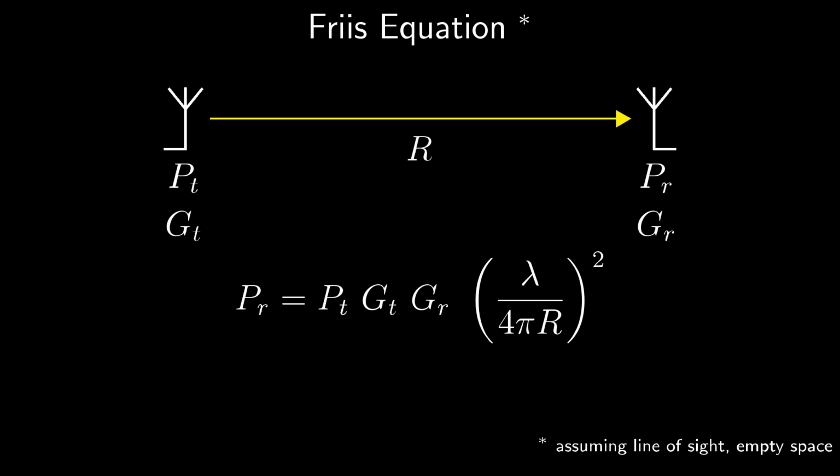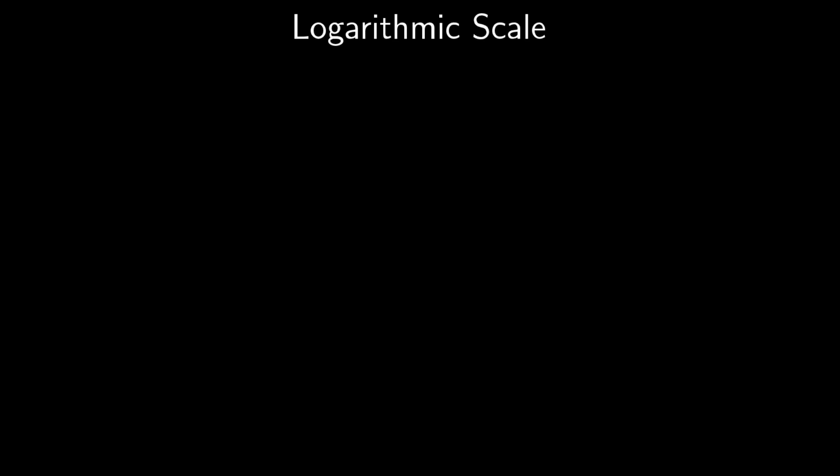The r in the Friis equation is what we actually care about, the distance between the two antennas. At first glance, this equation looks pretty bad for us, given that the r is in the denominator and gets squared. The good news is that even consumer-grade Wi-Fi equipment is really good at decoding signals with less than femtowatts of signal strength. So good actually that we commonly use the logarithmic decibel scale in order to describe tiny